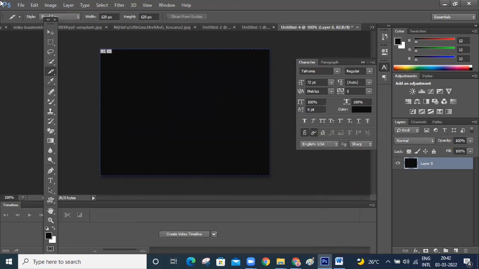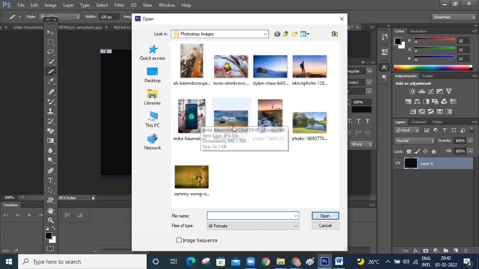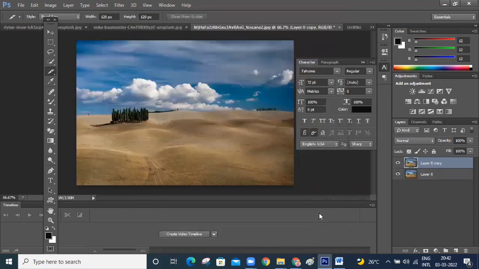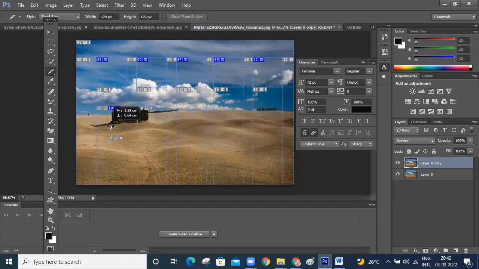I want to cut this image into slices. One slice, I'm clicking on Alt and selecting another slice, another slice, another slice. These many slices I made.